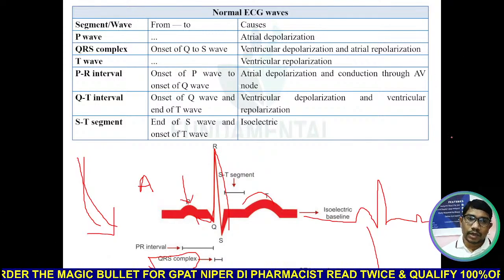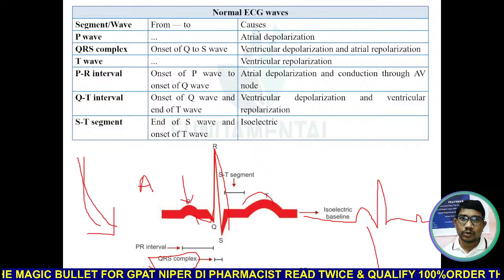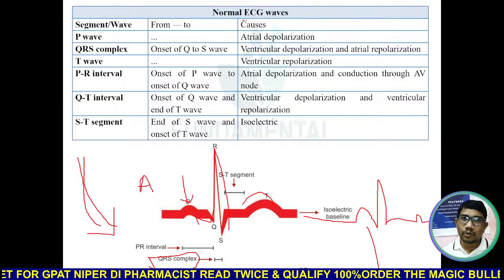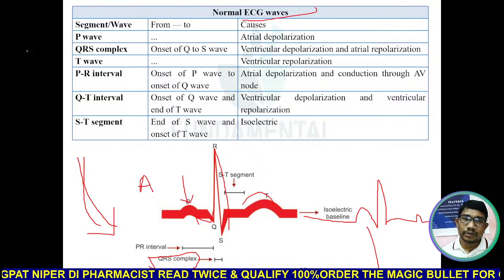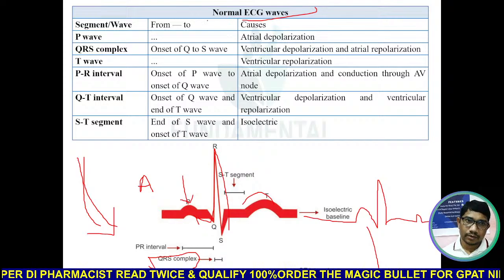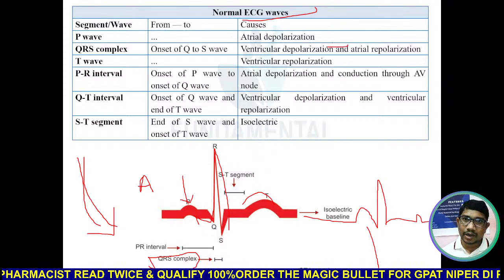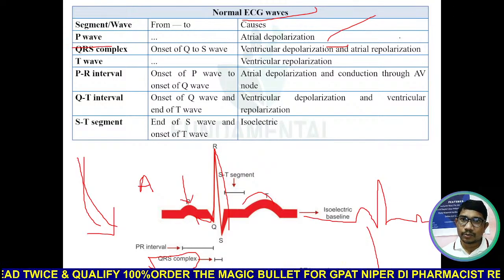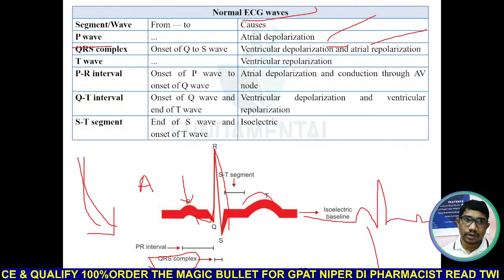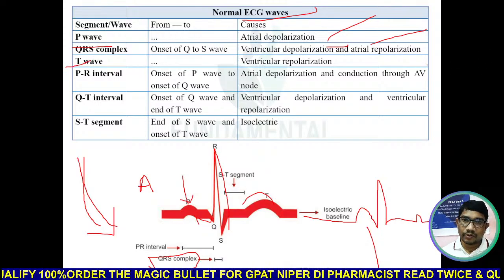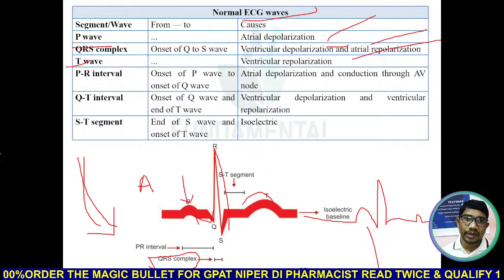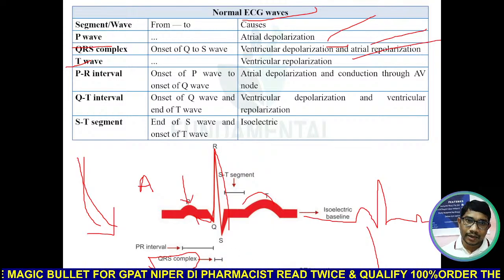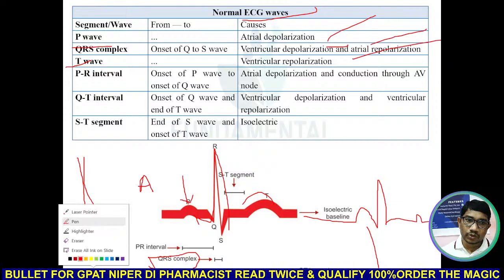ECG, इलेक्ट्रोकार्डियोग्राम. ECG मतलब क्या, इलेक्ट्रोकार्डियोग्राम, हार्ट का इलेक्ट्रिकल एक्टिविटी आपको रिकॉर्ड करना है. That will give you idea about the functioning of your heart. So P wave is because of the atrial depolarization, QRS complex due to ventricular depolarization and atrial repolarization, T wave ventricular repolarization. So PR interval मतलब क्या, P wave and R wave जो है इसके बीच में जो टाइम गैप